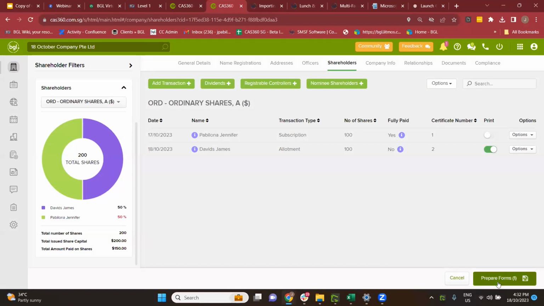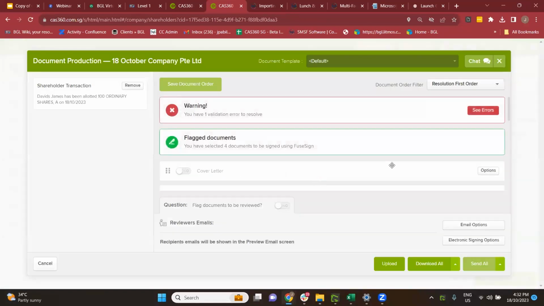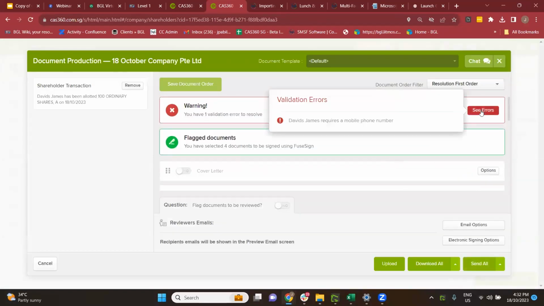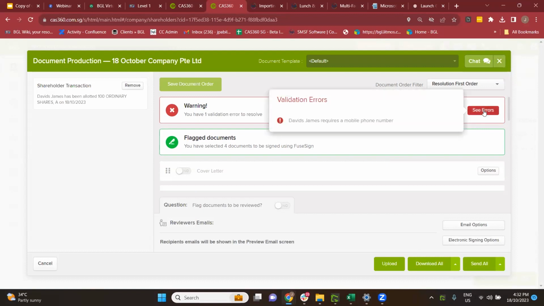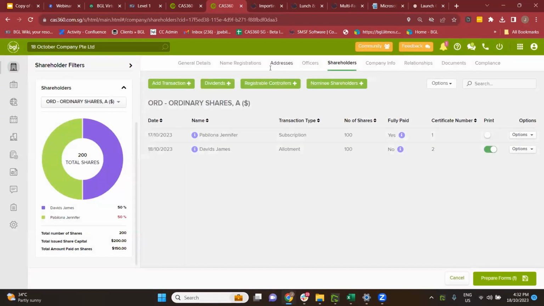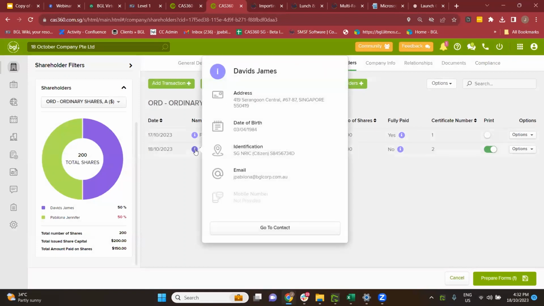So I'll click share prepare forms. You can see I have the missing phone number. So what I can do if I have a validation error, things like that, is simply go to David's contact, and you will see that in James David's contact,